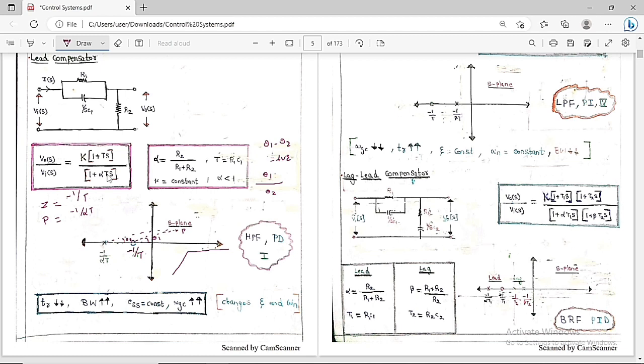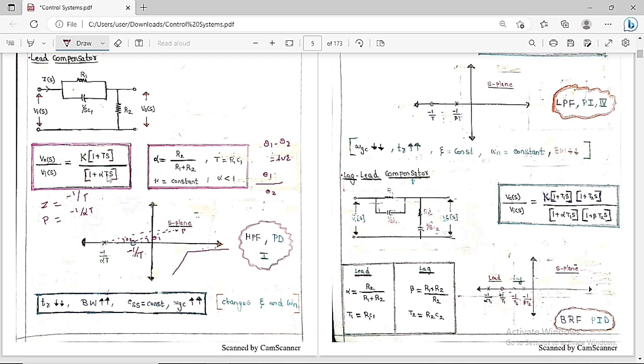frequency. So it is going to increase the gain crossover frequency, and it is also going to affect the damping ratio as well as the natural frequency. So these are the things which are going to get affected because of this lead compensator. Because whenever we are going to add the lead compensator